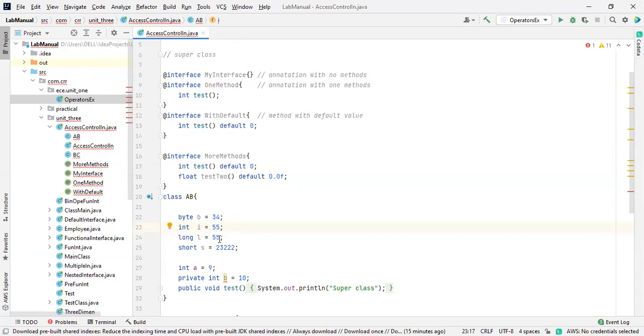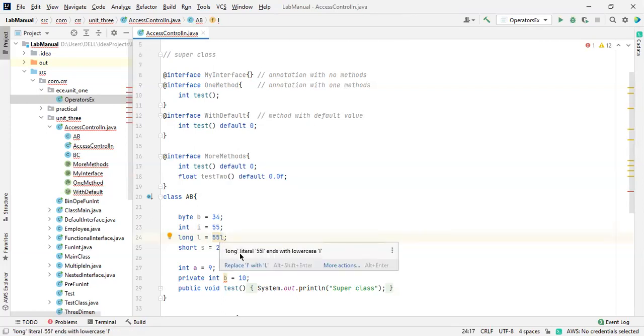How did the compiler come to know that? Either with a capital L or a small l. Again, I'm telling you, either with a capital L or a small l, so you need to mention it. Here I got an F, and I'm going to explain this one also. So long literal ends with the lowercase l. Why am I saying this? So the compiler comes to know that this is a long primitive data type, or else it is considered as an integer.